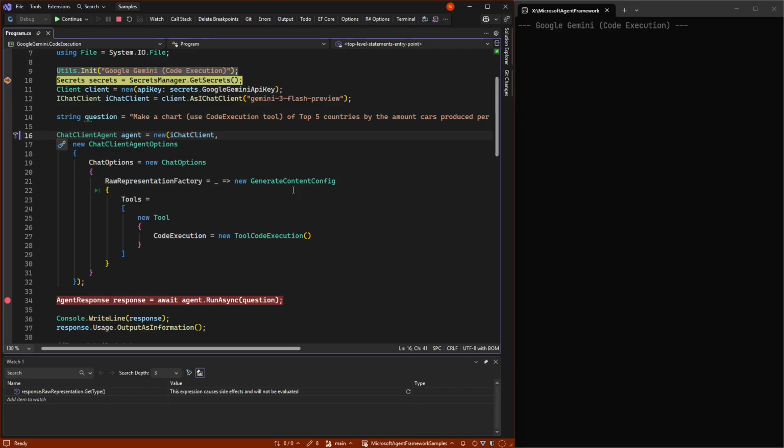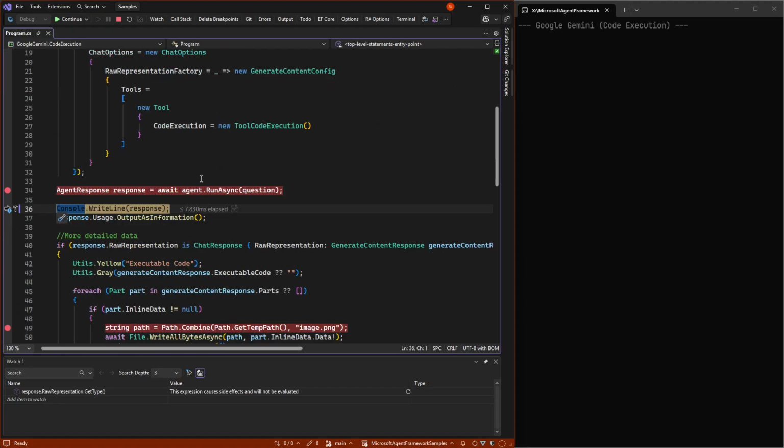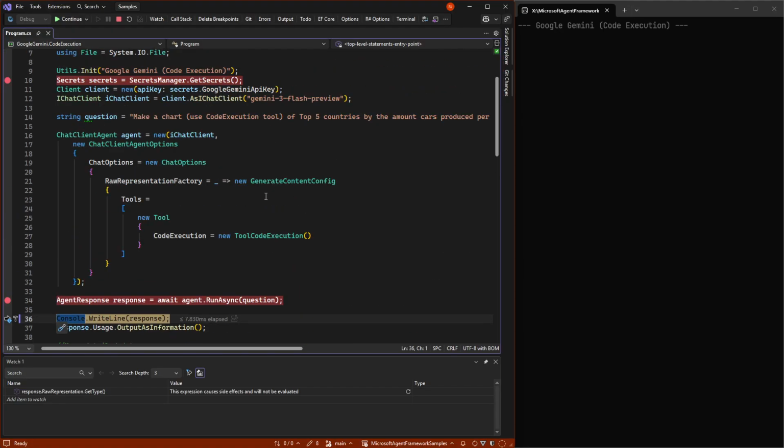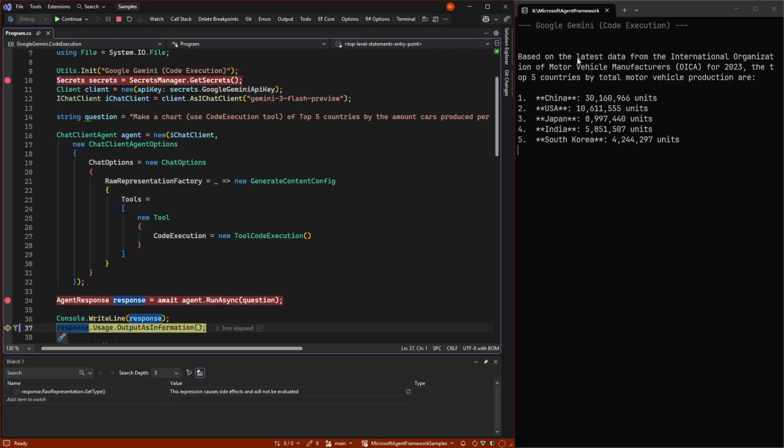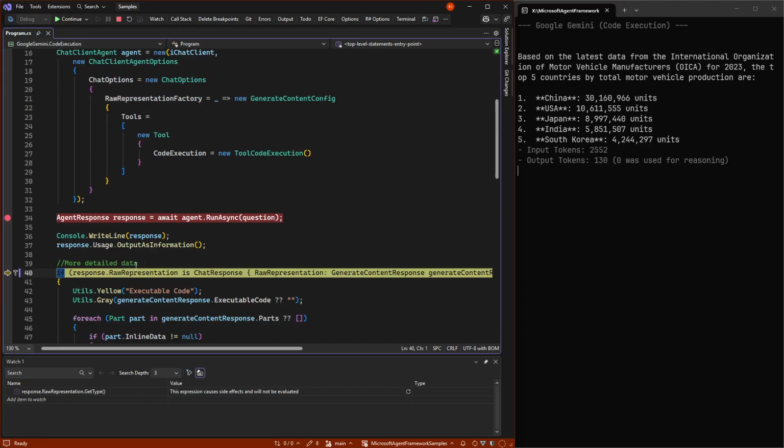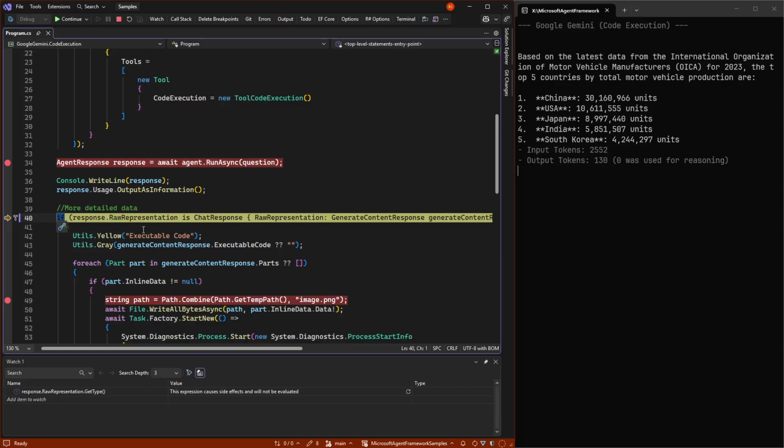But it doesn't really matter for us because it can just write it and we can just leverage the benefit of it. But in this case, if we run down here to letting it run, it will now go in, use its world knowledge, find the top 5 countries, make some Python, and then generate an image. And we can get the data back here. So we see the top 5 countries according to 2023. And we can see that we spent quite a lot of tokens. Let's come back to those at the end.